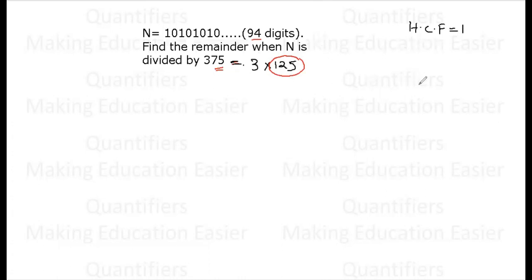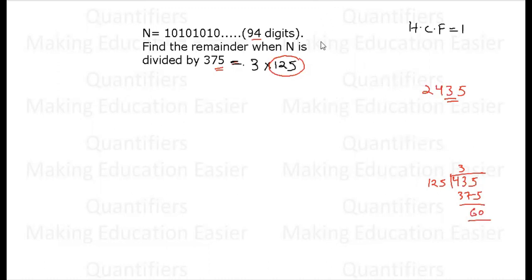Let me give you one example. Let's say I'll take a 4-digit number, say 2435. So students, the divisibility rule of 125 is the last 3 digits. You divide the last 3 digits by 125, and whatever will be the remainder, that will be your answer. So for example, if I divide 435 by 125, so 125 into 3 is 375. Now if you solve it, you will get 60 remainder.